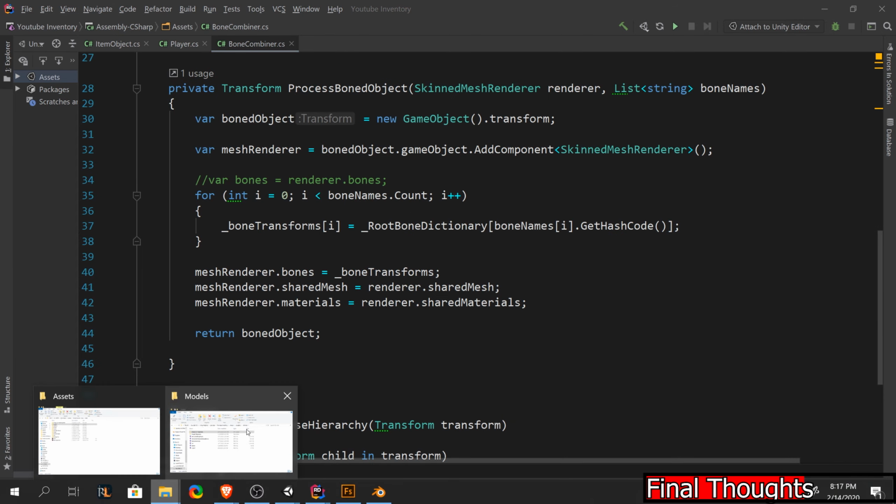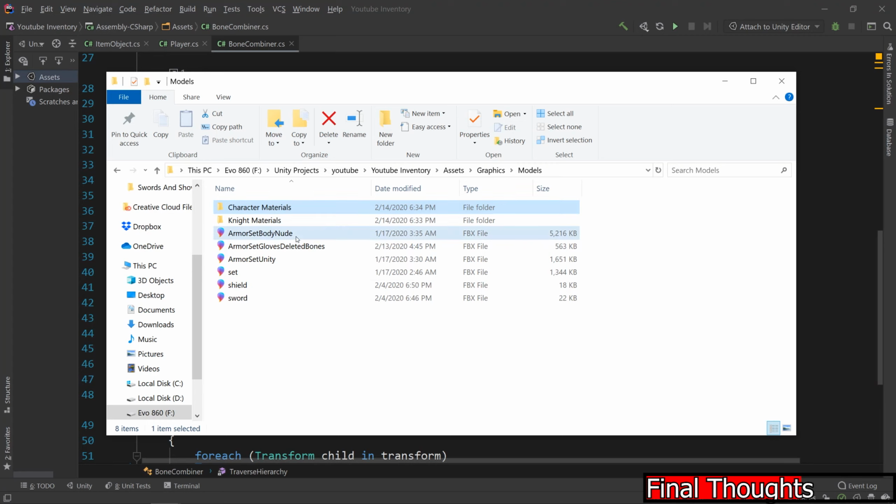So I'll show you what I meant by the file size difference. This is the armor set of our nude character. This is the full armor set. So for every single piece of armor on the armor set plus the armature, it's 1600 kilobytes. For your armor set gloves deleted bones, so this is a pair of gloves with only the glove bones, it's 563 kilobytes. It's a third the size of the entire set, and in the set there's helmet, chest, pants, boots, and glove. There are 5 pieces,